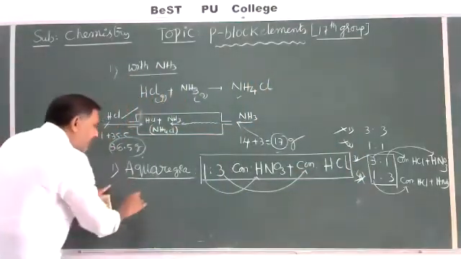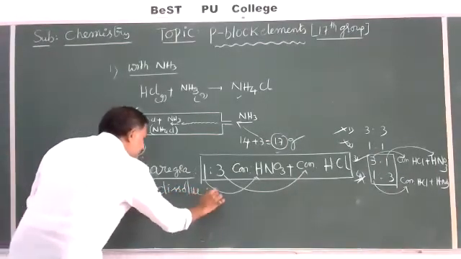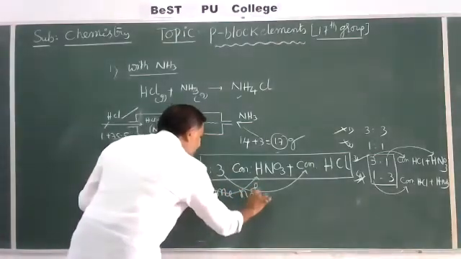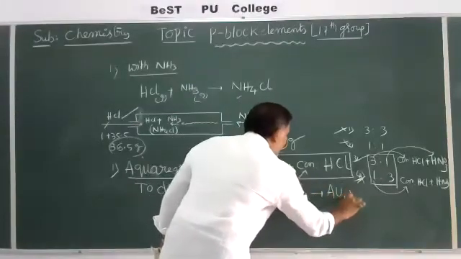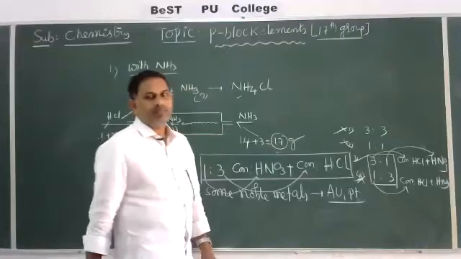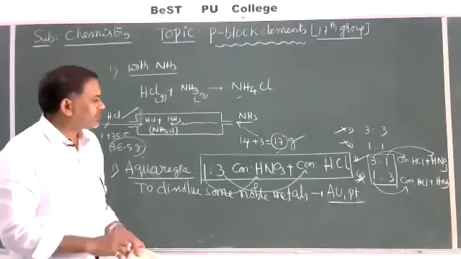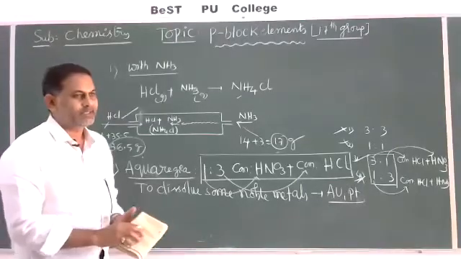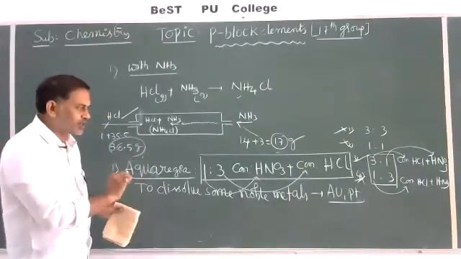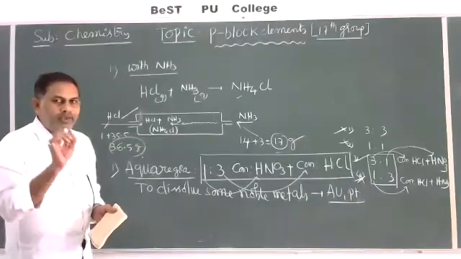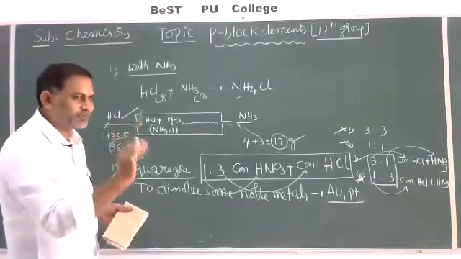So this aqua regia is used to dissolve some noble metals, like gold and platinum metals. Gold and platinum metals are dissolved in aqua regia because these metals are not easily affected by some acids. So due to the dissolving nature of this combination of HNO3 and HCl, all the students doing experiments in the laboratory should be careful and take precautions.